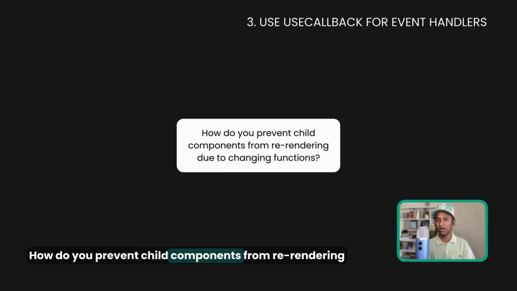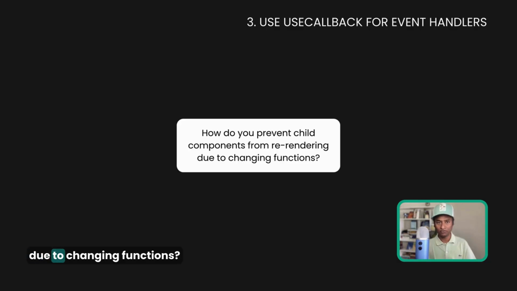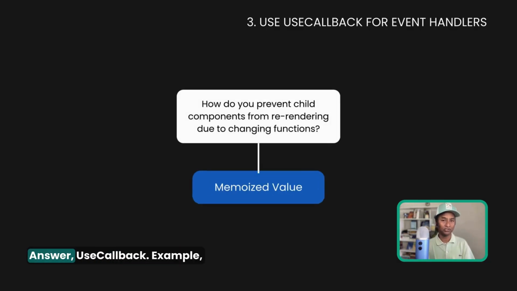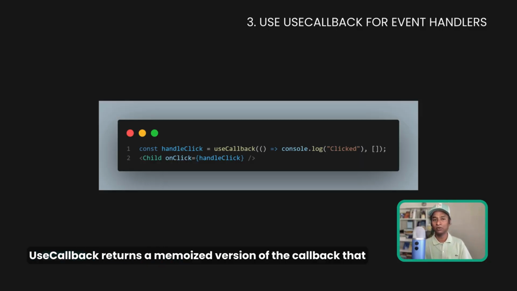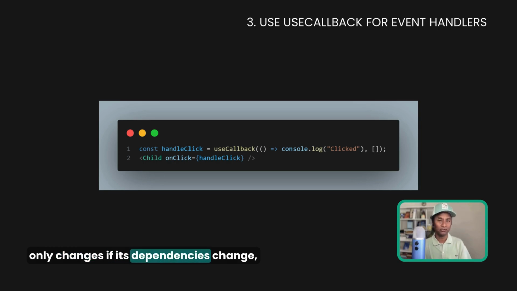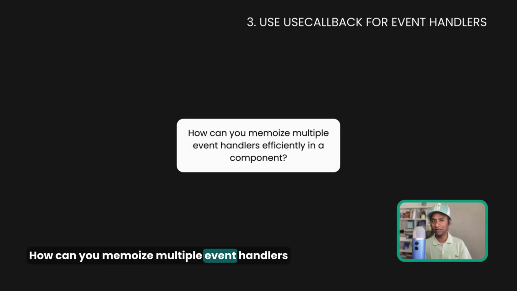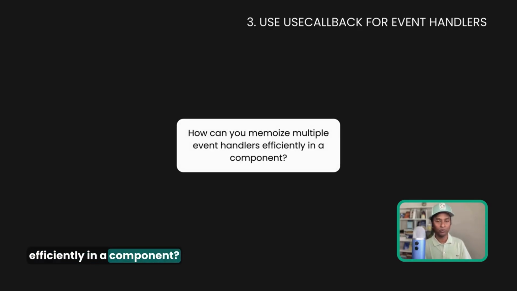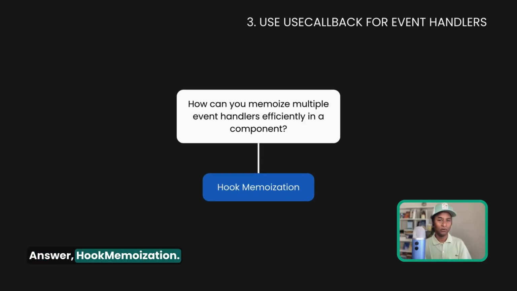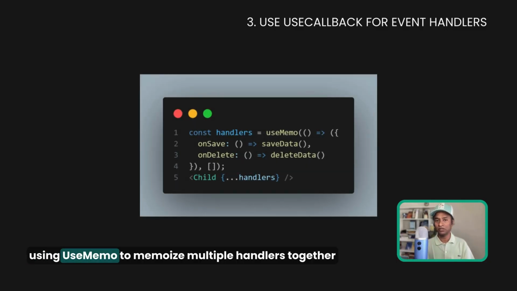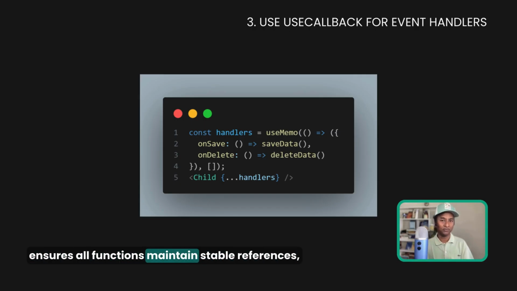How do you prevent child components from re-rendering due to changing functions? Answer: useCallback. Example: useCallback returns a memoized version of the callback that only changes if its dependencies change, keeping child components from re-rendering unnecessarily. How can you memoize multiple event handlers efficiently in a component? Answer: hook memoization. Example: using useMemo to memoize multiple handlers together ensures all functions maintain stable references, reducing re-rendering overhead